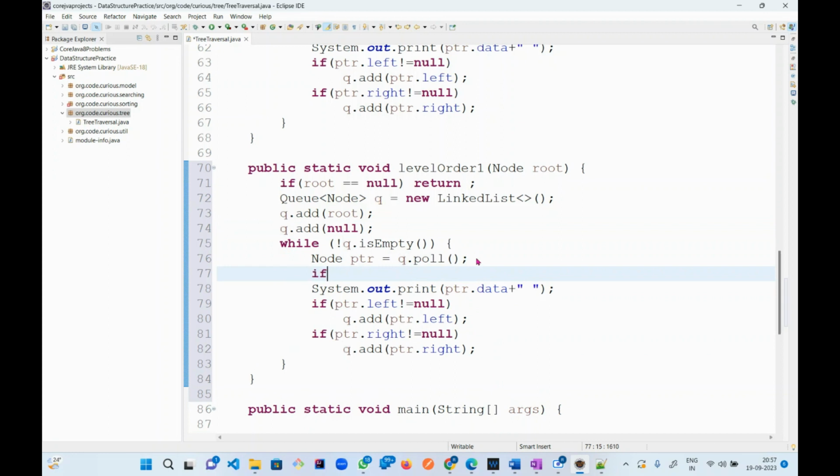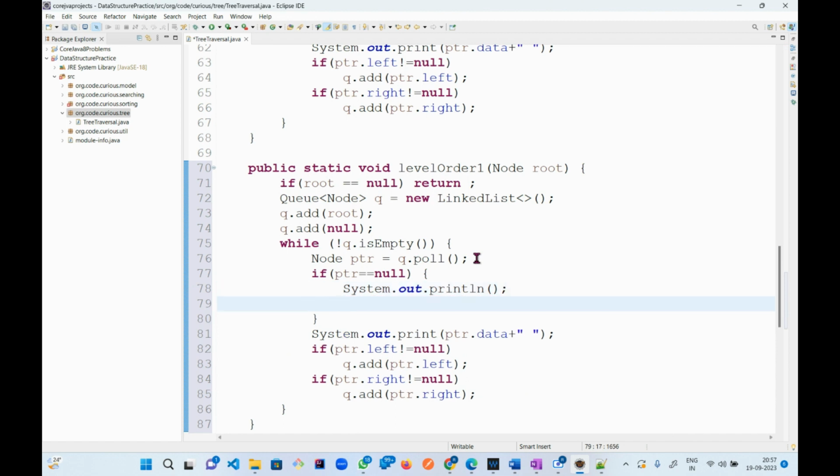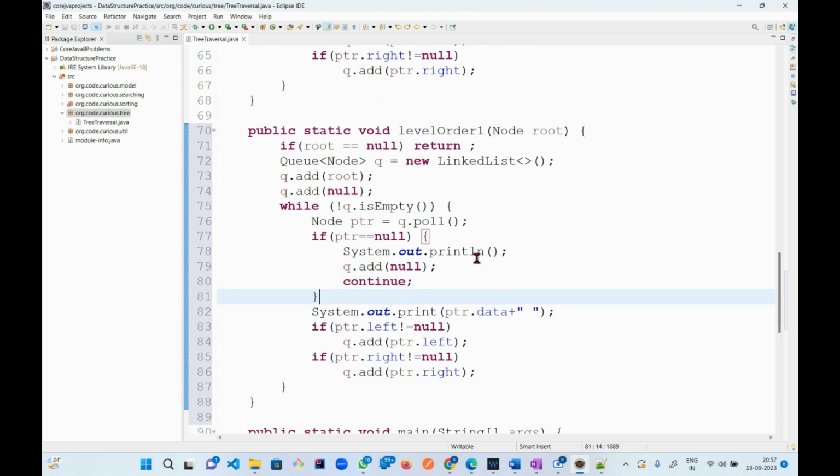इफ ptr अगर नल है, ठीक, उस केस में यू हैव टू डू लाइन चेंज फर्स्ट। ओके, देन यू हैव टू डू q dot add null, you have to add null, and then you have to do continue statement. After that you will print and everything is same।